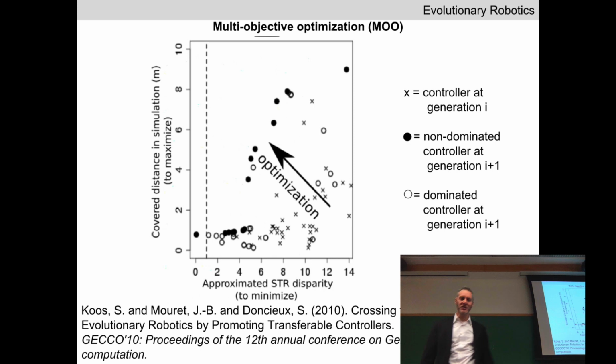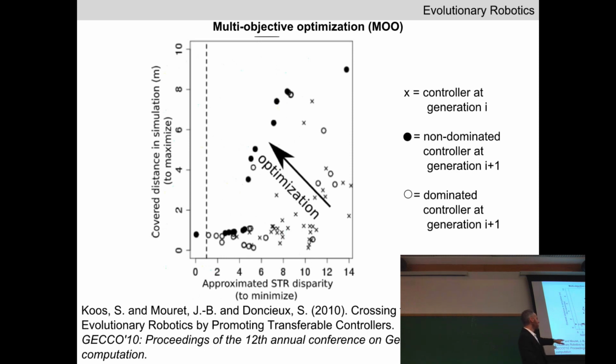So in the real experiment here, they were trying to push up and to the left. At this particular point in time, they were at generation I+1. The X's show where the population used to be at generation I, and the black and white circles show where the population has moved to at generation I+1. Again, you can see that they've indicated the individuals on the front. So in this case, they have 10 or 12 individuals on the front.